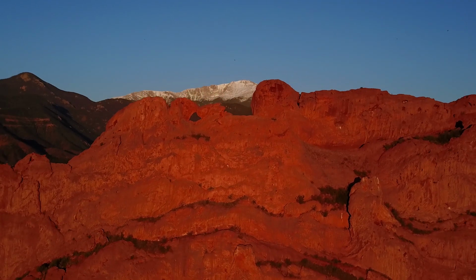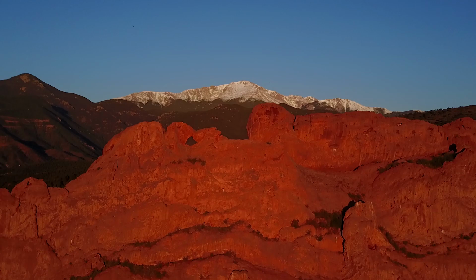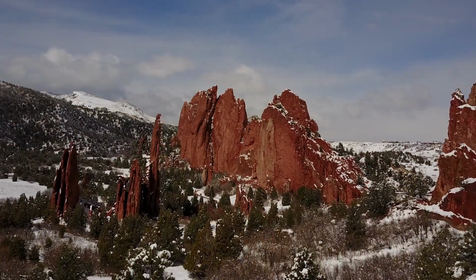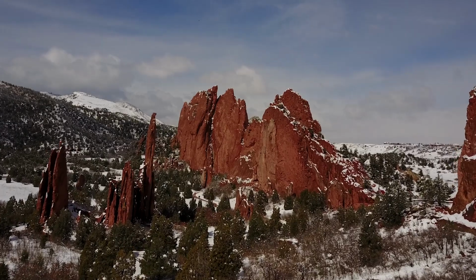All right, I wanna start off today's lesson in the real world. Garden of the Gods is one of the most spectacular locations in all of Colorado for landscape photography. And this is where our story begins. In our attempt to prove that the carbon-based life forms of this planet are not completely obsolete, we hurl ourselves